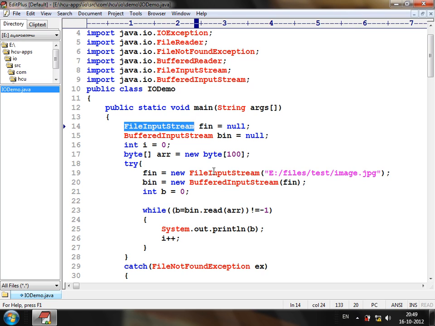Now, I'll tell you a use case where we read the data from a file system and send the same data into another file. Let's consider there is image.jpg. What I'll do is create another file and copy the content from image.jpg to that file. In the same application we demonstrate reading the data and writing the data into the file system. So, what I'll do is